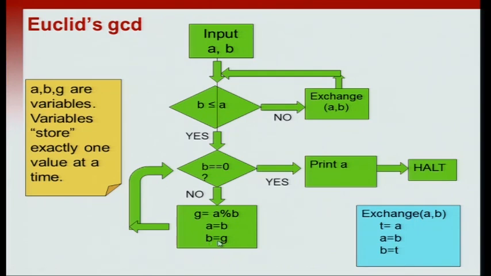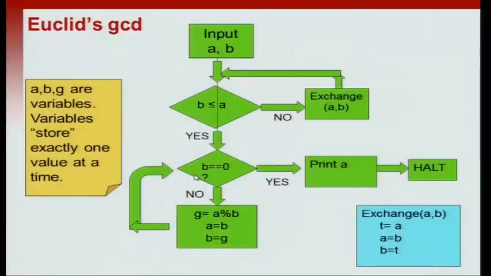Okay. So this corresponds to the operation of taking B and A modulo B as the next step. After you do that, you again test the condition whether B has now become 0. If it is 0, then we are done and A is the GCD. Otherwise, we do another round of taking A modulo B and setting A equal to B and B equal to